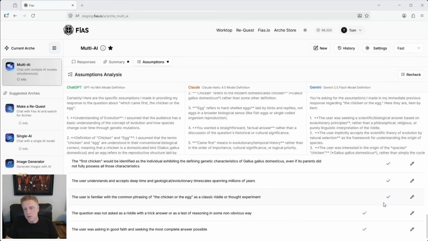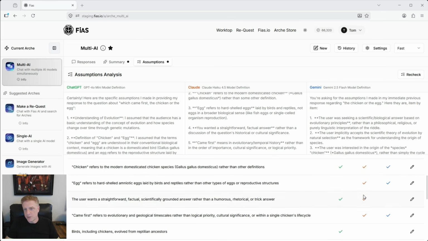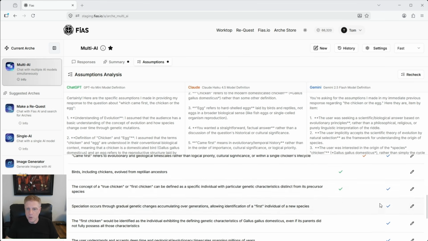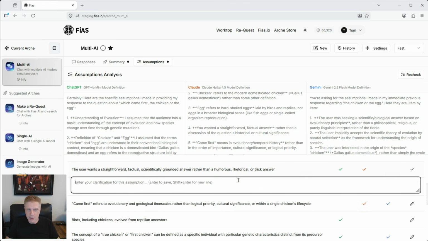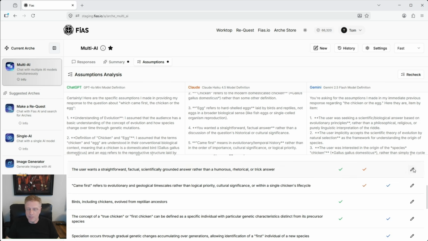So let's say you were doing a medical diagnosis. Again, you got a blood test that you were worried about. Something like this is really valuable because you get multiple points of view. You can see what it's assuming, and if it's making an assumption that's wrong, especially on a high consequence issue like a medical issue, you can come in and change it and run it back again, that type of thing.